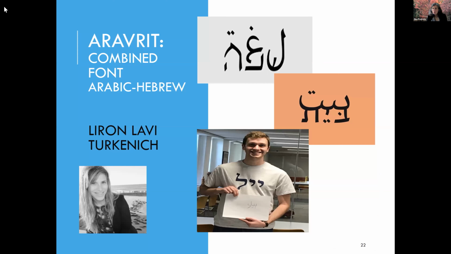Here's another very interesting event that we hosted. It's called Aravrit. Aravrit is a combined font of Arabic and Hebrew put together one on top of the other, created by the artist Liron Lavi Turkenich. We're very lucky to have Liron over, coming to Yale, giving a lecture to the whole Yale community, and of course to our students. And the next day she was a guest in our class, and she had an actual